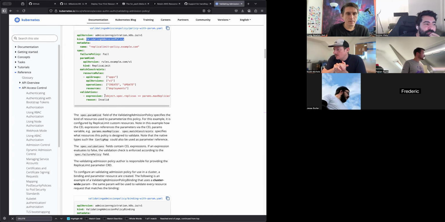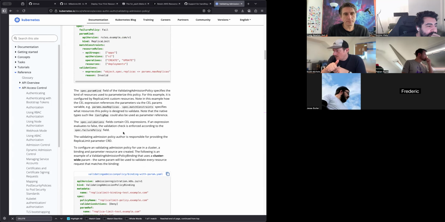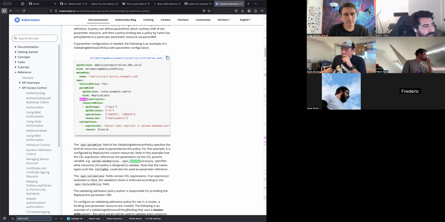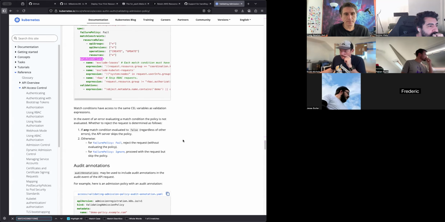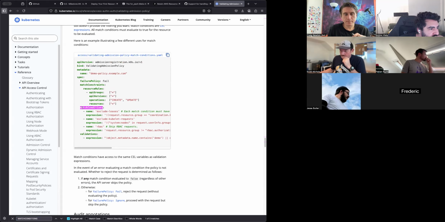So you're saying that we could match on the labels, we can do match conditions here. I'm hoping. I don't know if it supports it, but I'm speculating we can do it.